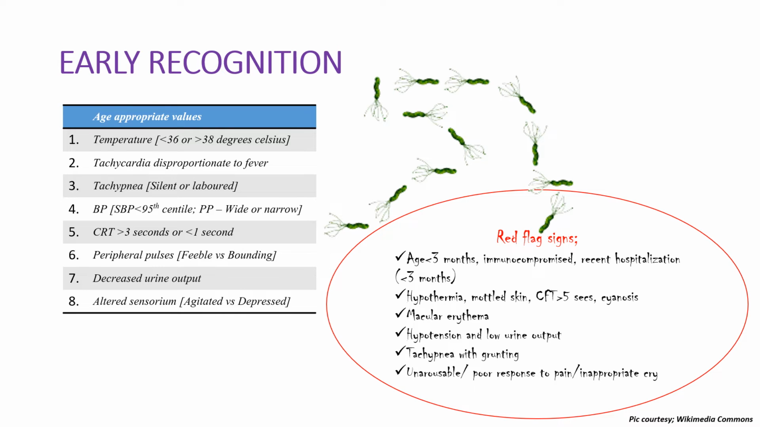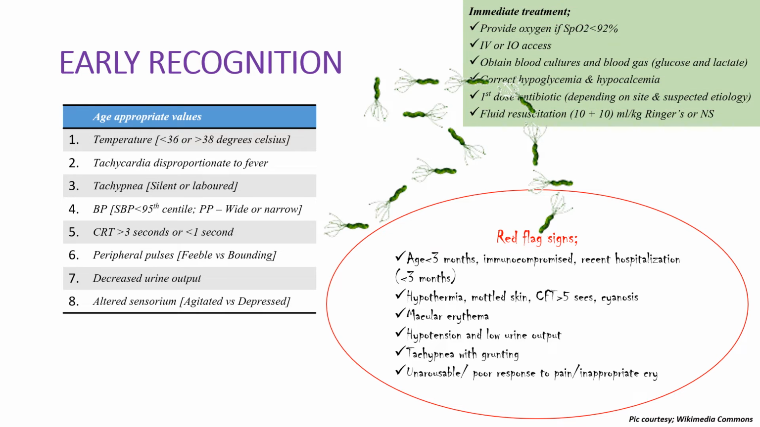So we must be on the lookout for the red flag signs, which include age less than 3 months, immunocompromised patient, or having a history of recent hospitalization in the past 3 months. Hypothermia, mottled skin, capillary filling time more than 5 seconds or cyanosis, macular erythema, hypotension and low urine output, tachypnea with grunting, the child being unarousable, having poor response to pain, or having inappropriate cry, inconsolable. So in case any of these red flag signs are present, one must immediately